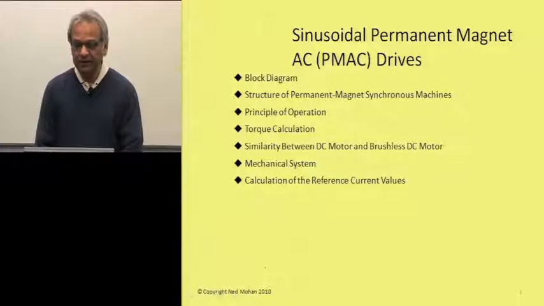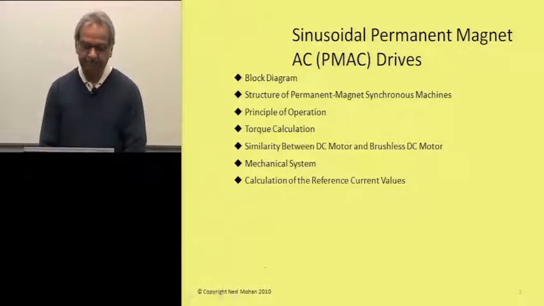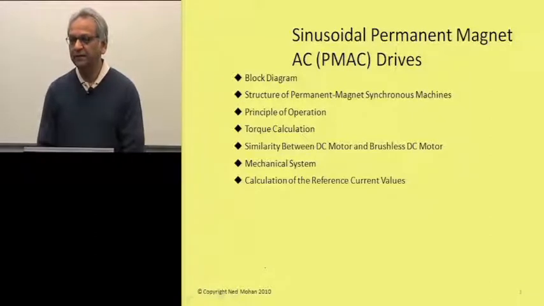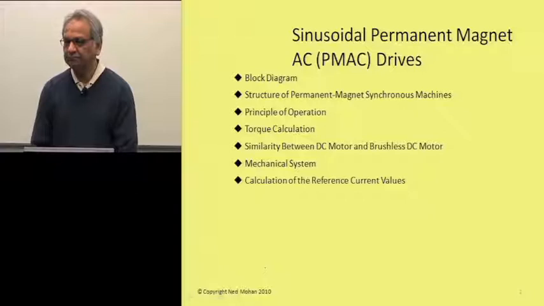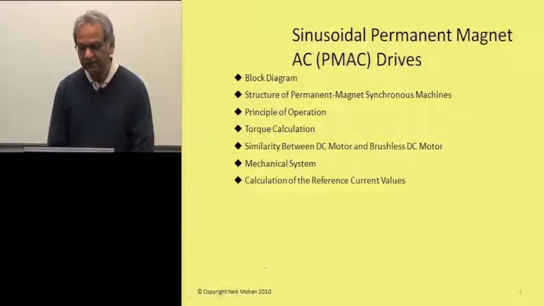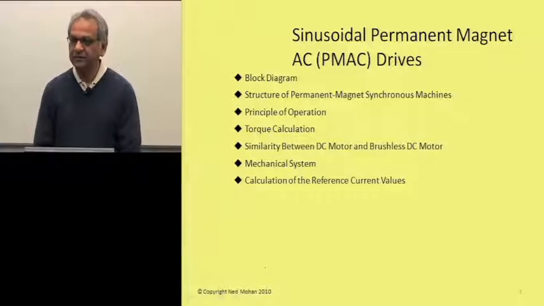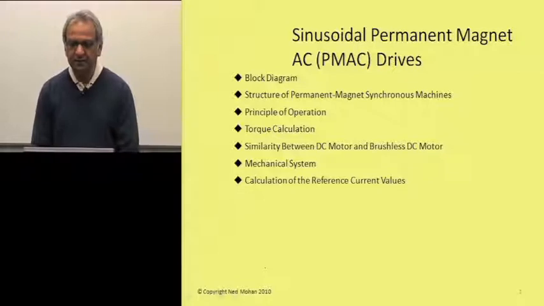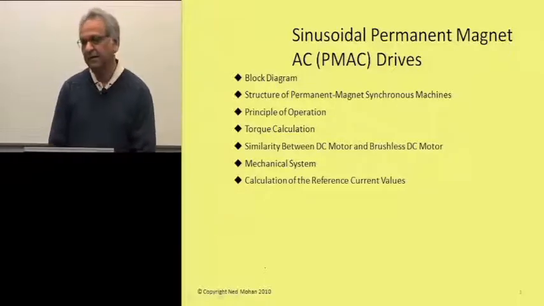In this module, we will look at a very important class of machines called permanent magnet AC machines. In the past, these machines were limited to a few kilowatts in rating. But now they are being used in fairly large sizes, such as for wind generation up to 5 to 10 megawatt level. So, we certainly should know how these permanent magnet AC machines operate, and then later on how